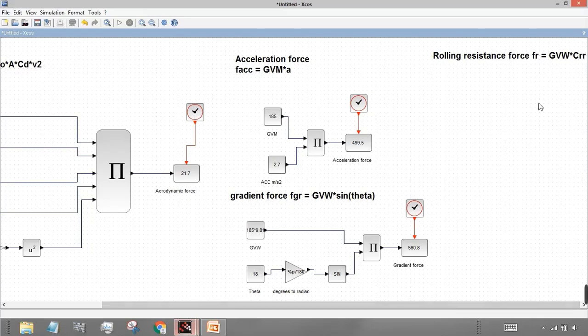So for this we will be requiring two blocks. This will be our gross vehicle weight. So just press Ctrl and select this one, and next will be another. I'll press Ctrl and select this. Then next will be your product block, and then a pitch and event handling.